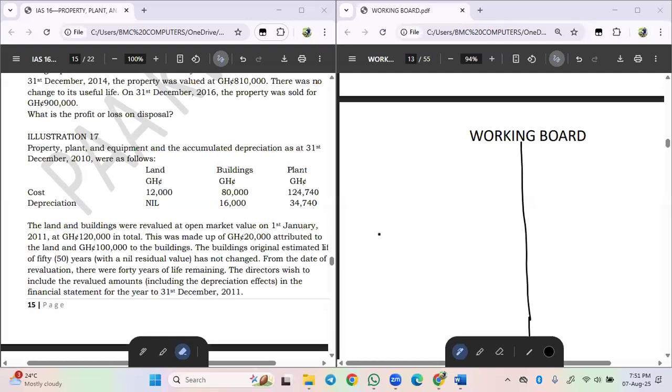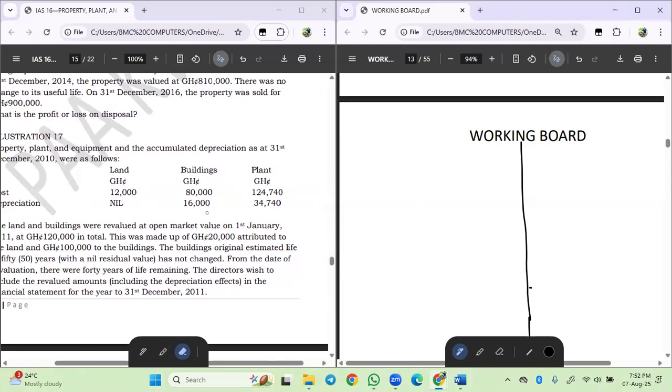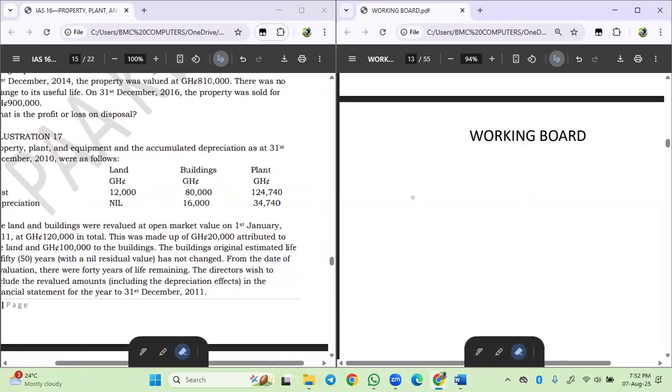This was made up of 20,000 attributed to the land and 100,000 to the buildings. The building's original estimated life,